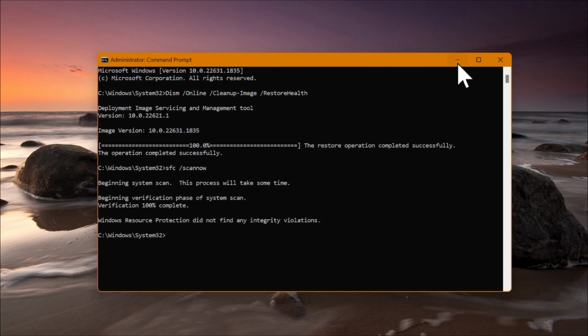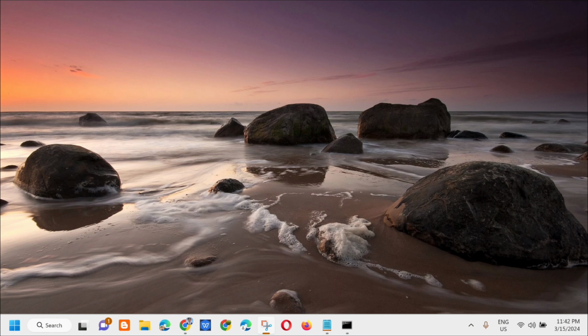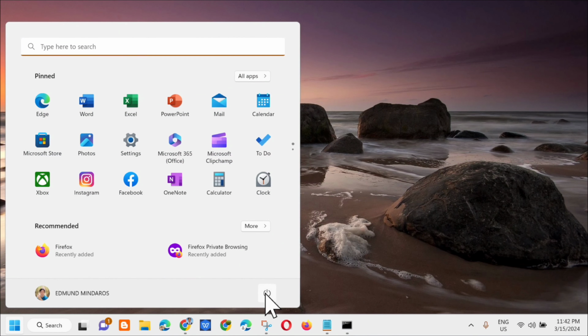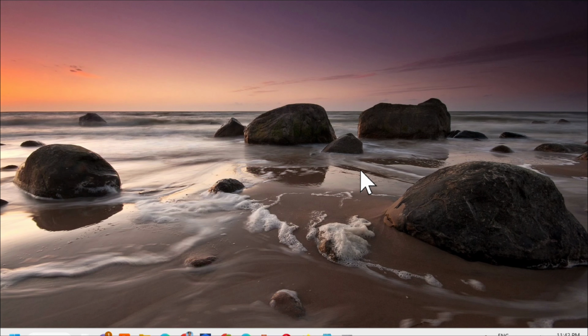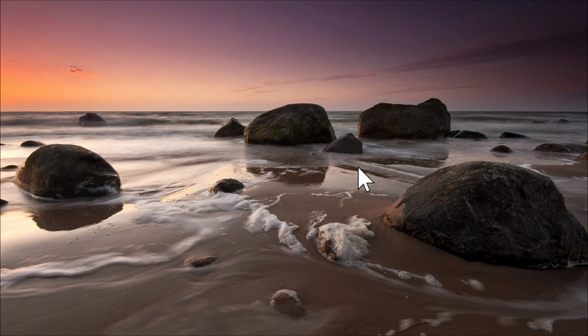So ang next step na ating gagawin ay close lang natin yan. And then dito lang sa start menu and then click mo lang itong restart. Okay, so ganoon lang po kasimple on how to fix start menu not responding after latest update in Windows 11